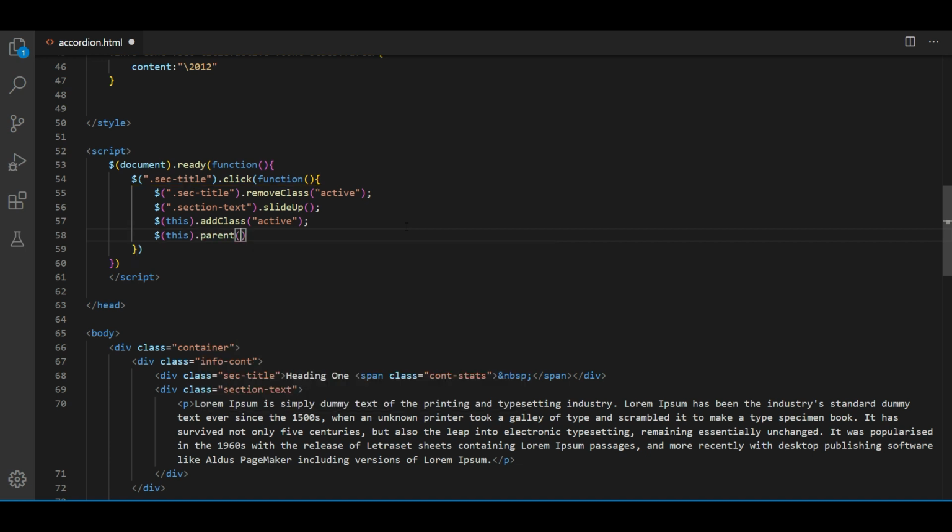So when we click here, it will go to the parent, like this here, info content, dot find the section text, dot section text dot slide down. Let's save and check the preview.